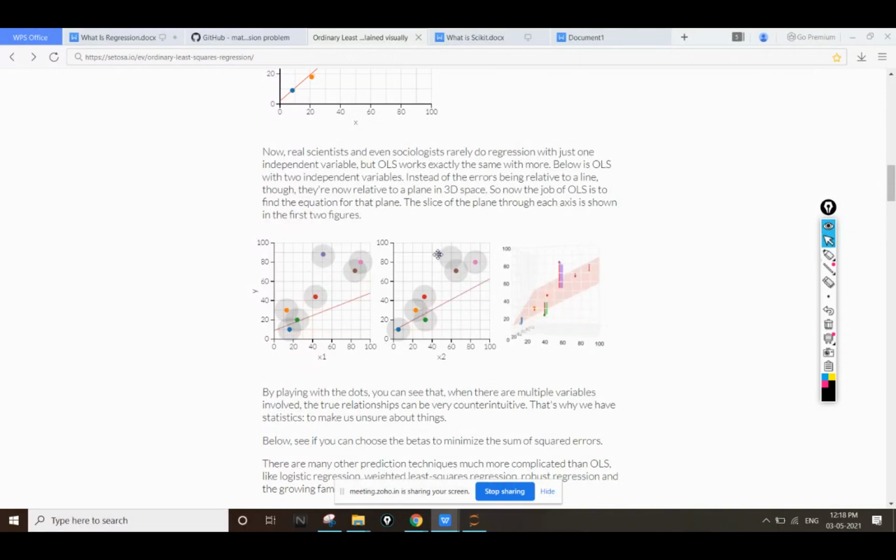So you can see that if I'm changing this value of x, the distance from this plane is increasing and this error is also increasing. You can see that it's the square area. This is the error. And if I'm bringing this line closer to the plane, okay, see here in this plane, this is my best predicted line. If I'm bringing this point closer to this plane, I'm able to see a minimum error.